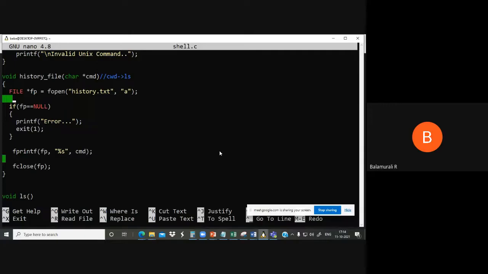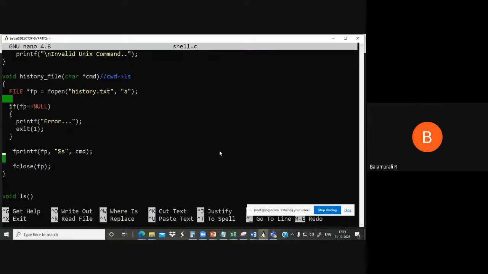Now we are opening this file history.txt. We are opening the file in append mode because we may want to add many commands. After opening the file, we check whether this file pointer is null or not. If the file pointer is null, we print an error and exit. Otherwise, inside that file, we do fprintf(fp, "%s", cmd). So fp is the file pointer.